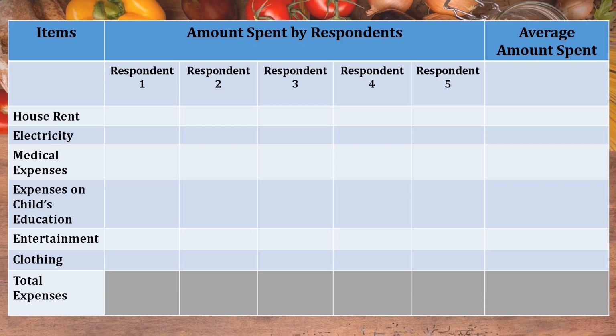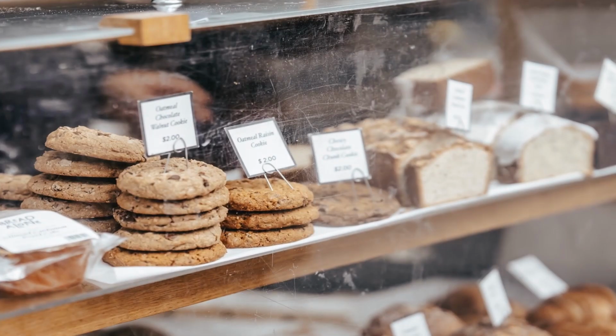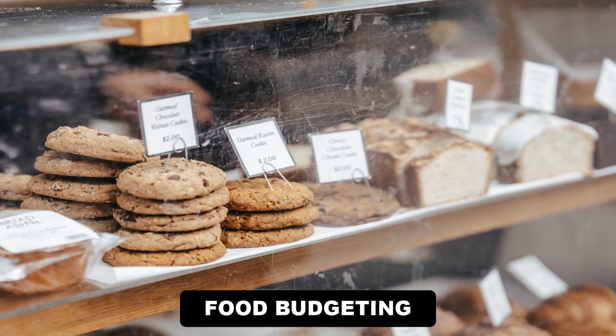This activity will help you to understand how people belonging to different income groups spend their money. You will then understand the proportion of income spent, the proportion of expenditure on food as compared to their total expenditure. Now, coming to the next slide, let us understand what is budget, which is the key point of today's